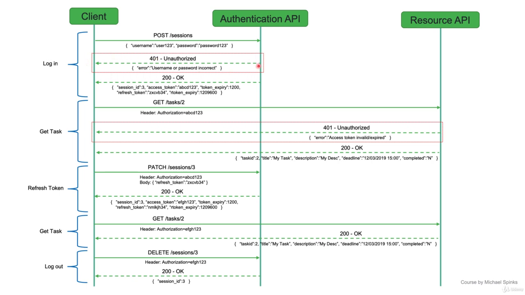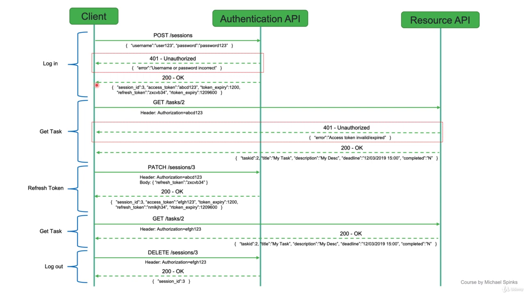If it is an error, which is what the red dots are here, these are sort of error clauses. So if there is an error, you'll get an HTTP status code of 401 unauthorized back to the client. Then you'll get an error message, username or password is incorrect. However, if that user123 with password123 is valid, then what happens is you get a 200 status code, which is an OK message